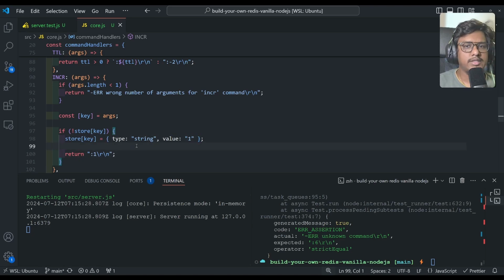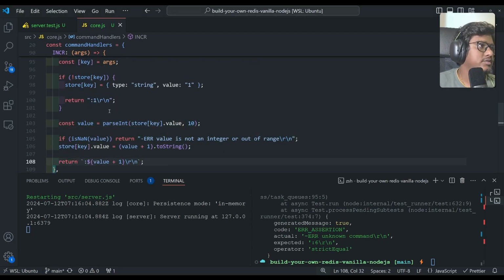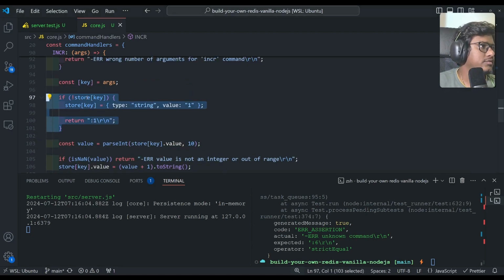So without any key we can basically set and initialize with 1 with the increment command. Yeah, so that's all on this one. Then the other case is, I'll complete the last blocks, which are validating if it is already there in the store. If it's not there, we'll initialize with the value 1 and return